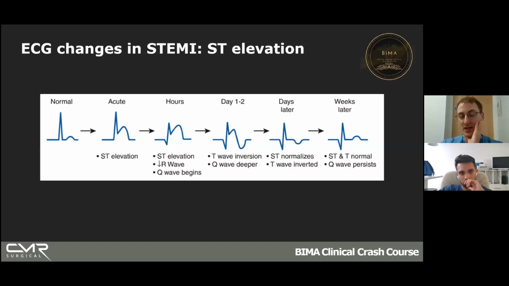The next day or two, you get some T-wave inversion. And after that, the changes get better over days. So this is why it's really important to keep monitoring the ECG every single day, so you can see what stage people are at of their heart attack. Because if someone's come in, let's say they're a guy who doesn't live near a hospital, they don't like doctors, they come in with 2 days of chest pain and they've got some T-wave inversion, it doesn't mean that they've not had a STEMI. It means that you might have just missed the boat, basically. It's important to be aware of that.